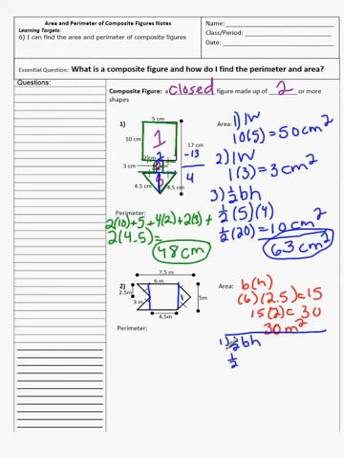So 1/2, the base here we know is 5. And the height, well, if we know this is 6 and the whole thing is 7.5, the height must be 1.5. So we have 1/2 times 5 times 1.5, and we get that the area